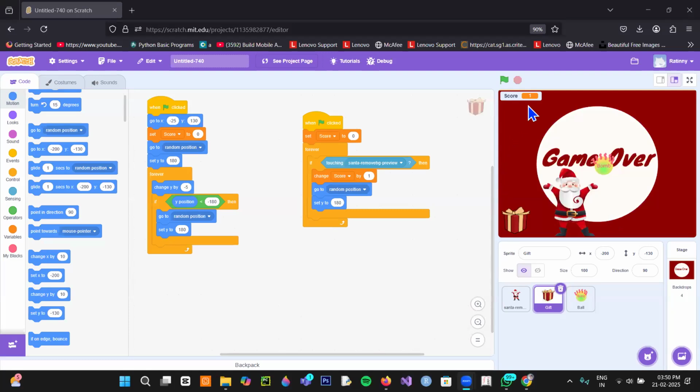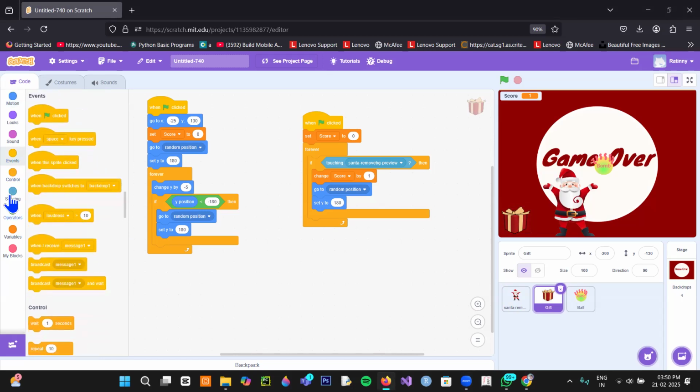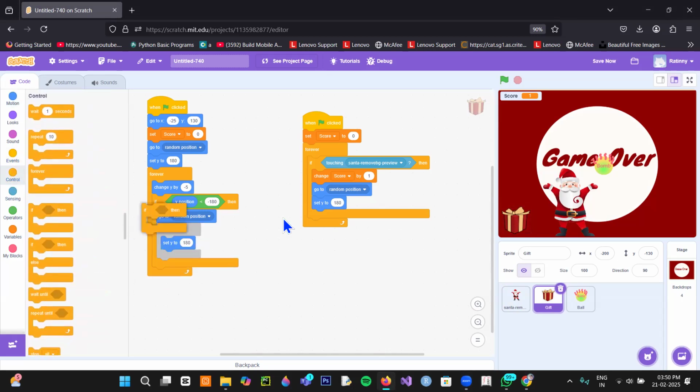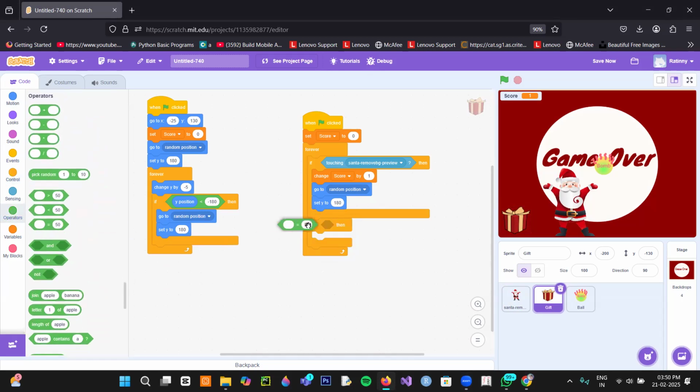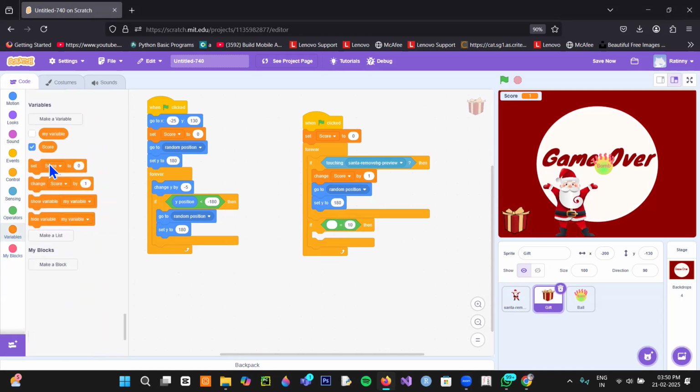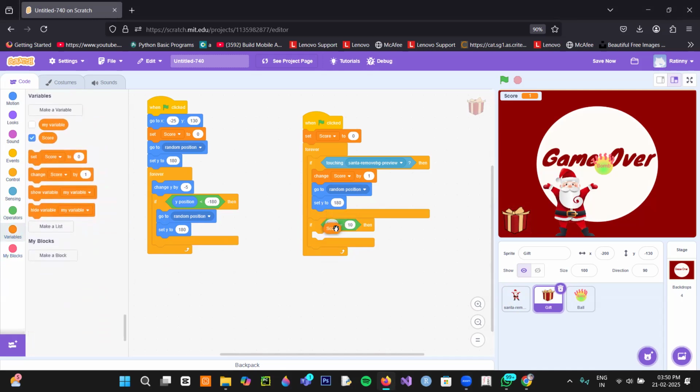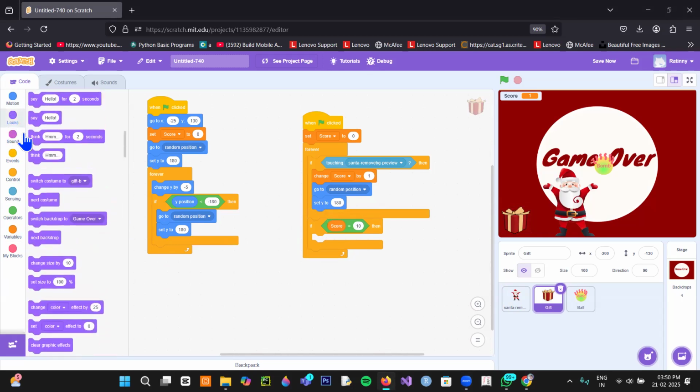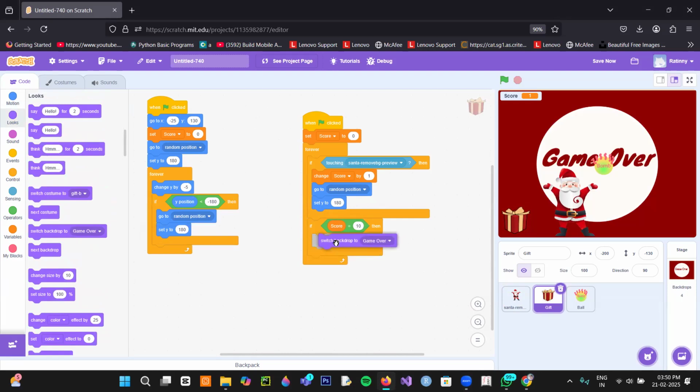As you can see here that we have completed all the coding. Now one coding is remaining, that is the winner. For this winner screen, come to the gift coding and we will choose one more if in this position. So come to the control and choose one more if, keep it here. And the condition is this, take equal operator. Suppose if my score is 10. So come to variable, take the variable of a score. Now, if my score is equal to 10, then in the logs, it will do switch backdrop to winner.